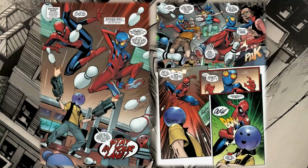Let's take a look at some of the preview art for the first story here. As you can see here, Spider-Man, Spider-Boy hanging out at the bowling alley. Dan Slott, never afraid to use a pun, stay out of our lane. Action-packed,